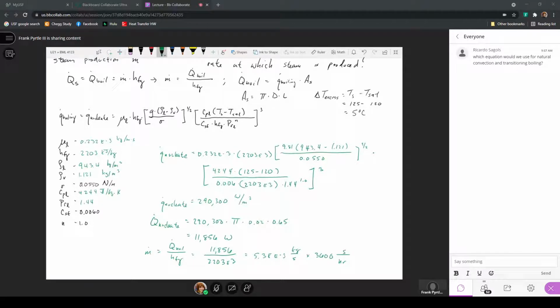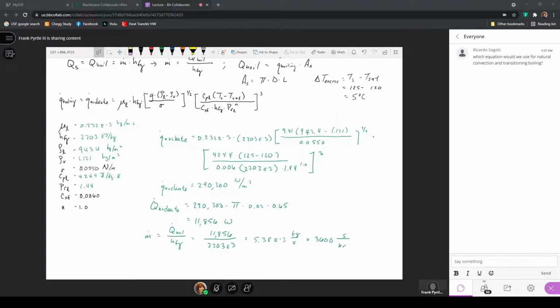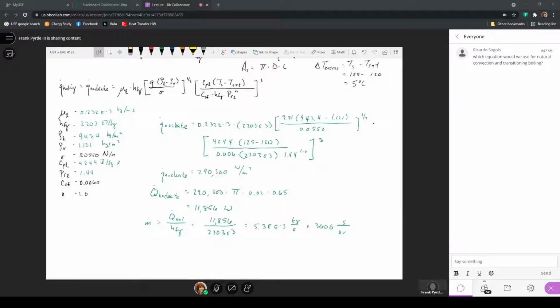So let's multiply by 3,600. All right, so this will be 19.37 kilograms in an hour, as that expression per second is pretty small. So if we were running this heater, this is the rate at which vapor is actually going to be produced from this surface. Now, we can consider, if I changed the heater material, so if I had kept everything else